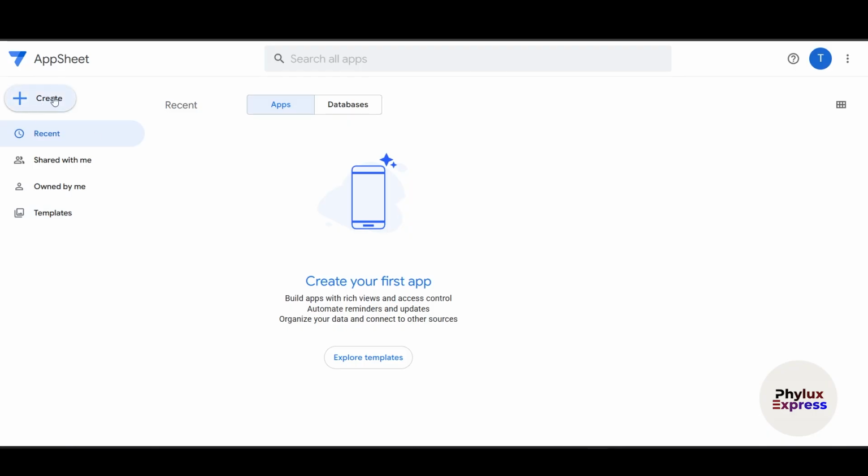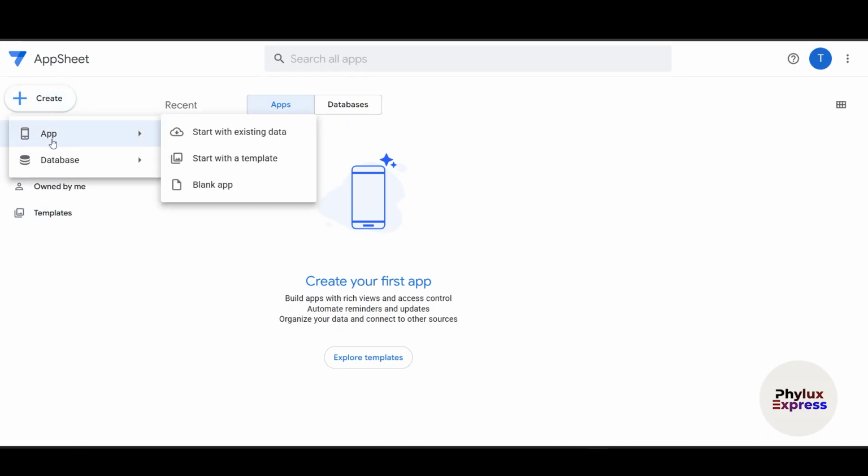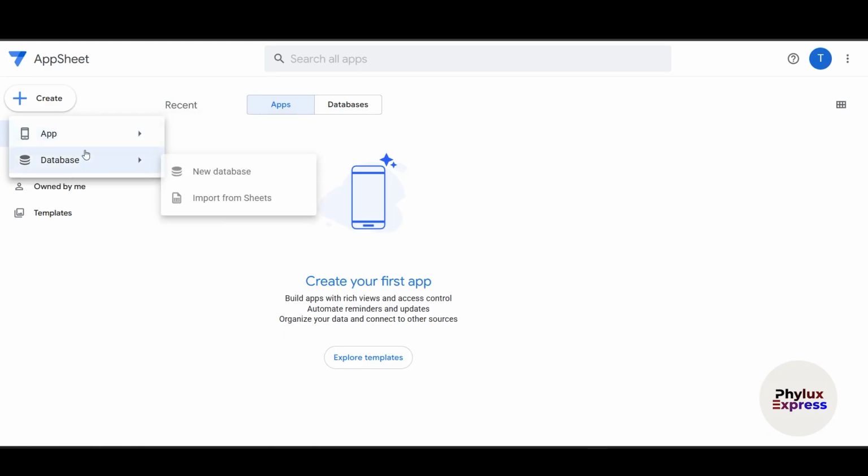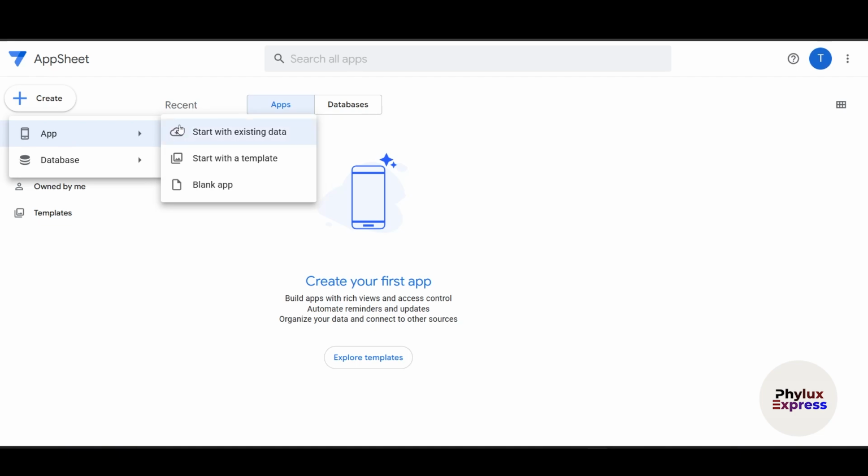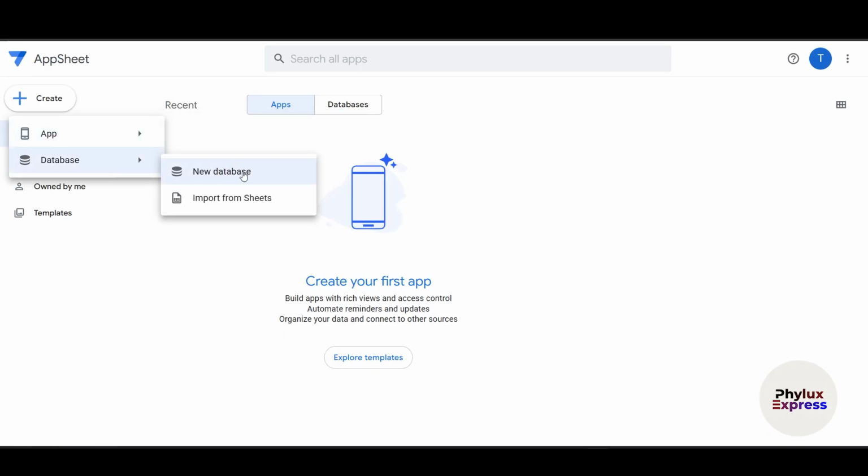From here, you can create your app. Just simply click on it, and you will get to see there are two options. First is app, and the second one is database. If you go in the app, you can start with existing data, or you can start with a template, or you can start from scratch. Template means it is already made or pre-built, so you can choose pre-built apps and customize them based on your needs. If you go into database, you can create a new database in AppSheet,